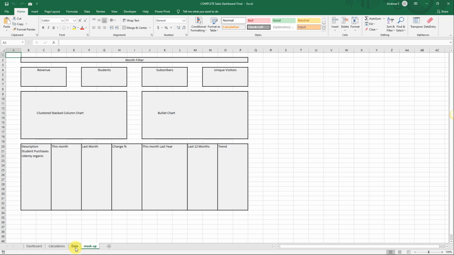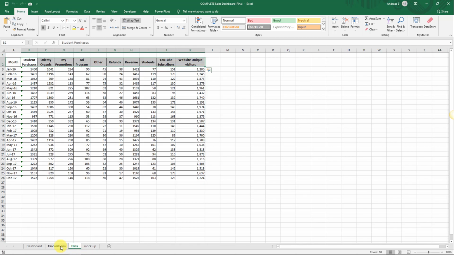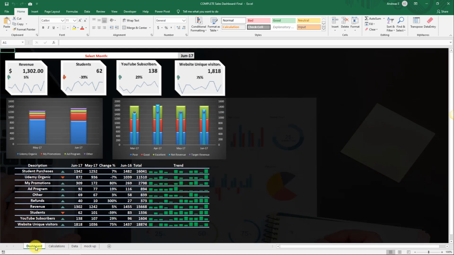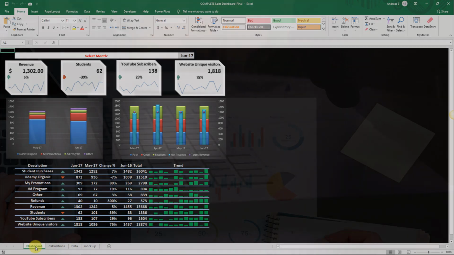Then we will get the data and put them in an Excel sheet. Then we will make some calculations and analyze our data to create the metrics. And finally, we will use charts, tables, and some other visualization tools like conditional formatting to present everything in one dashboard.